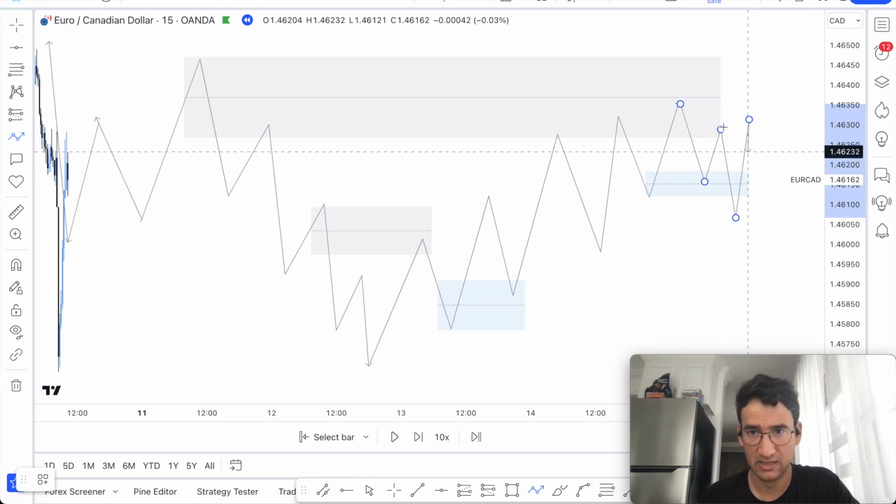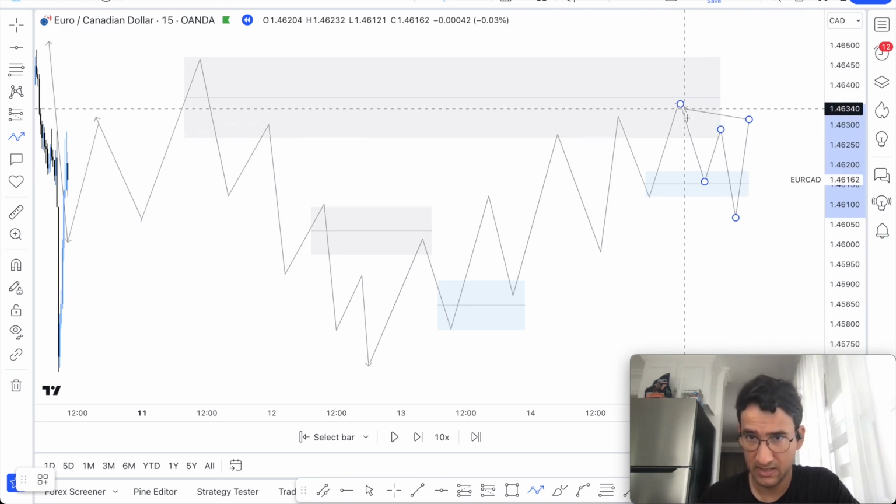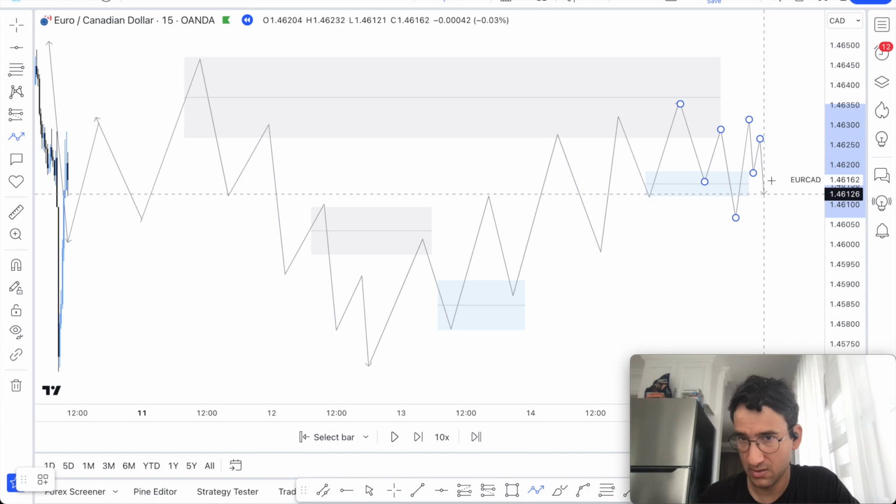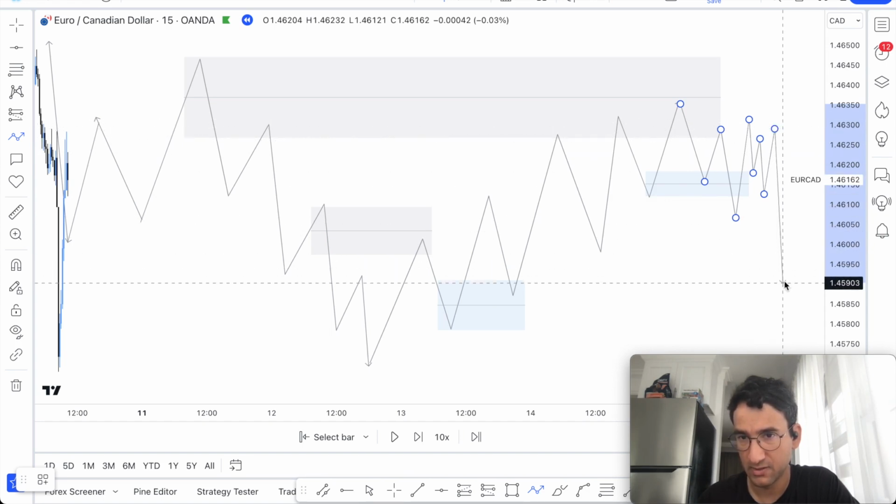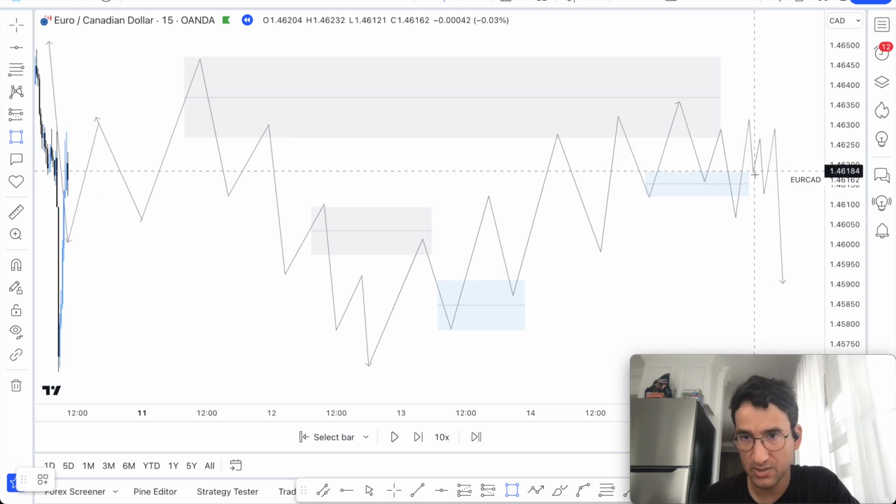Sometimes it does this because it collects some liquidity and may mitigate something up in here that we can't see at a bird's eye view. But let's just say this happens, and let's just say you enter here, and price falls. Let's just say you wanted to enter here,